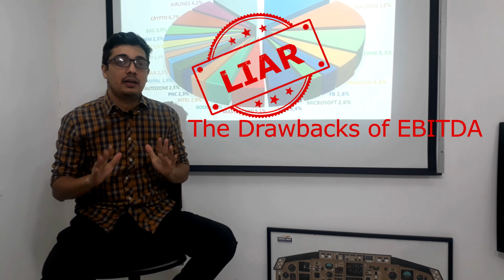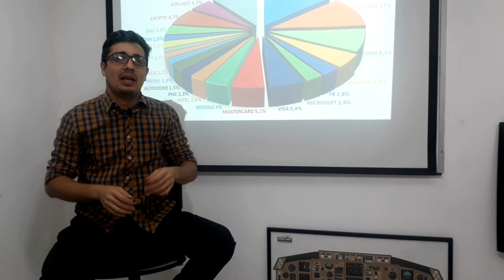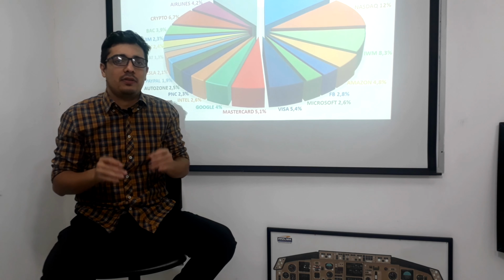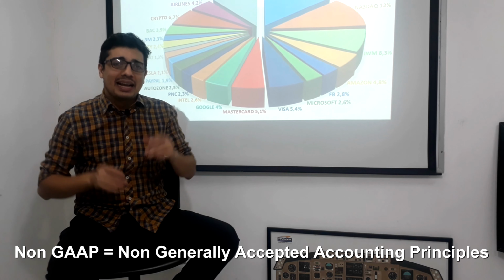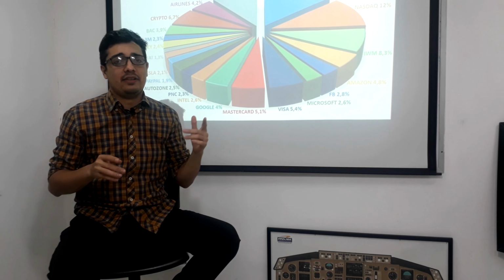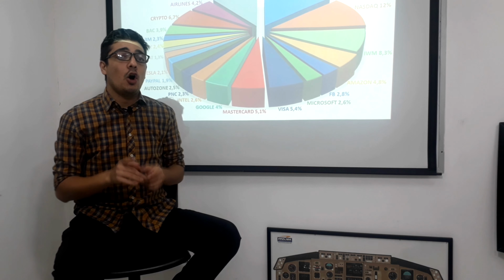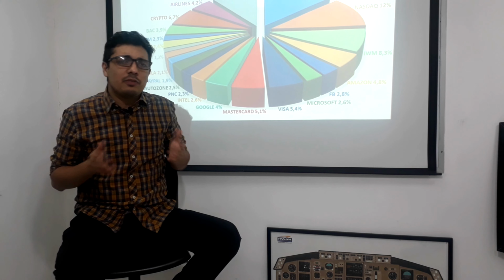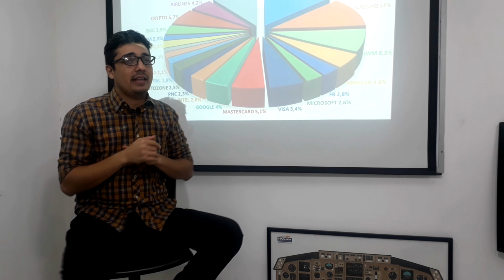The drawbacks of EBITDA. EBITDA does not fall under the Generally Accepted Accounting Principles as a measure of financial performance. Because EBITDA is a non-GAAP measure, its calculation can vary from one company to the next. It is not uncommon for companies to emphasize EBITDA over net income because it is more flexible and can distract from other problem areas in the financial statements.